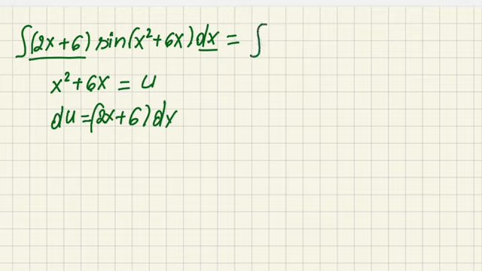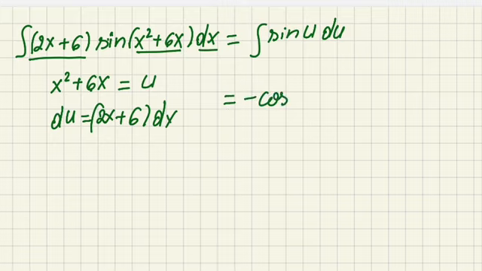And we have the integral of sine of x squared plus 6x, which we wrote as u, sine of u du, because 2x plus 6 dx is just du. For this reason, this integral is minus cosine of u plus constant. Now we substitute u with x squared plus 6x, and we have minus cosine of x squared plus 6x